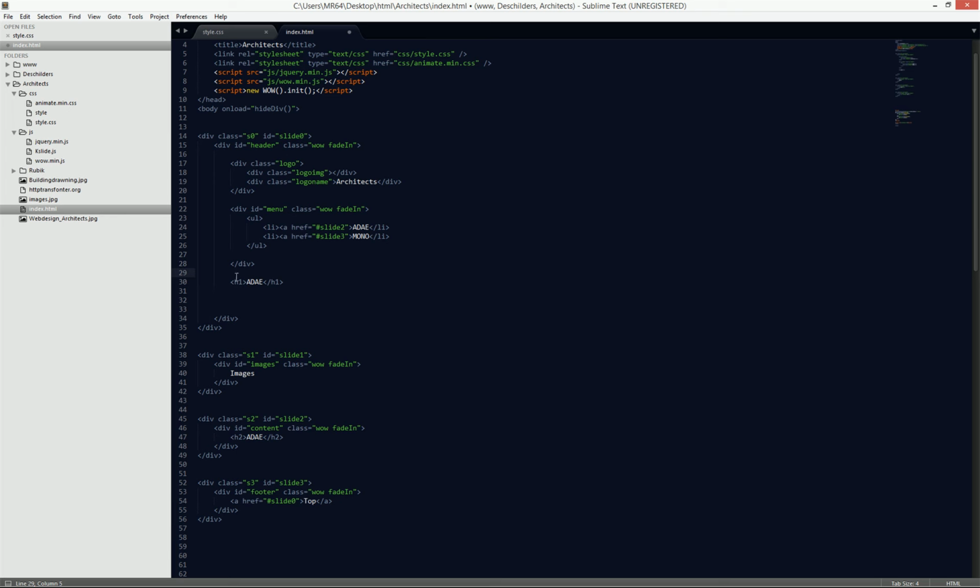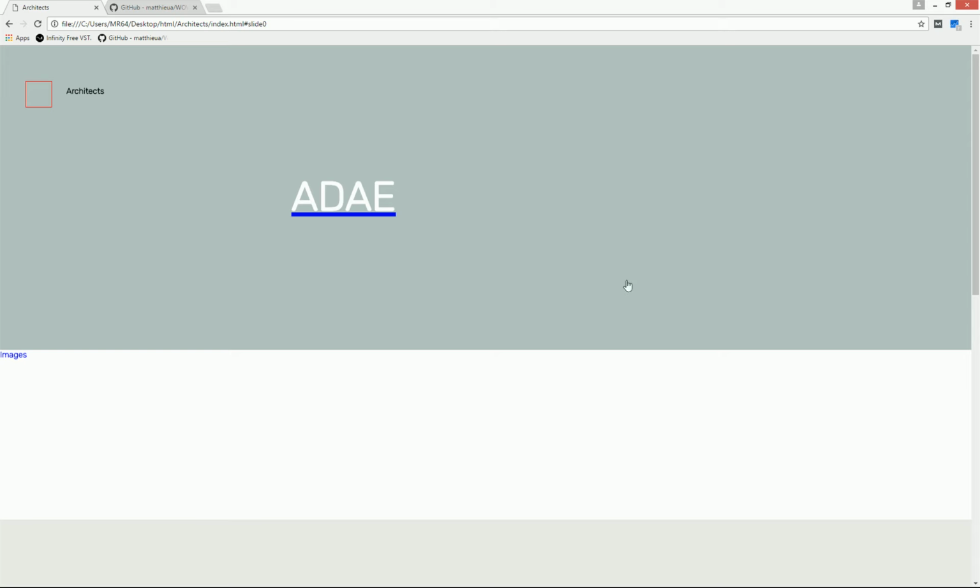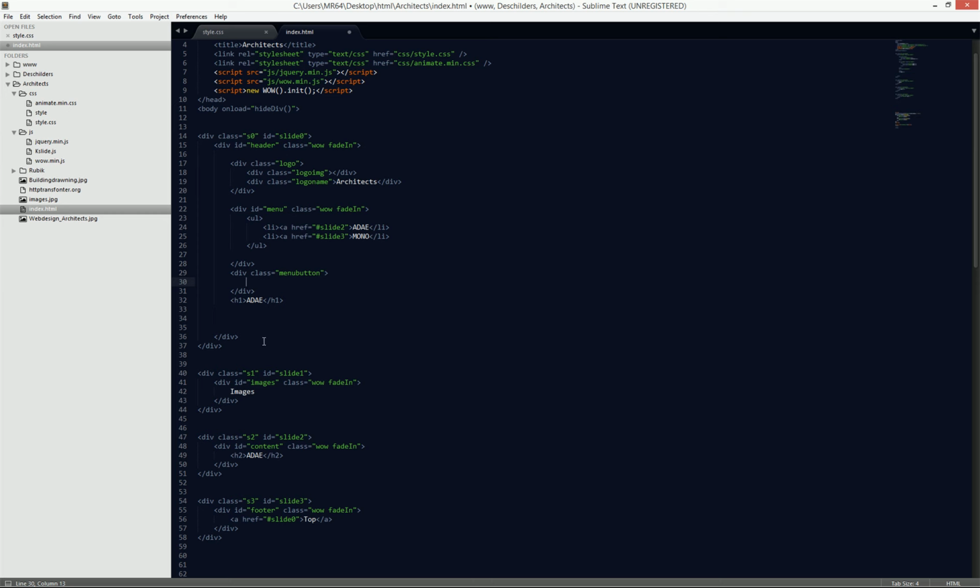So we have our links, and then we have our title, and inside here we will include our other div, a div class which has the name menu button. This will be the icon or image or whatever you want to make it there. This can be an SVG as well. What I'm talking about is here we will have a knob or an icon that we can click on,